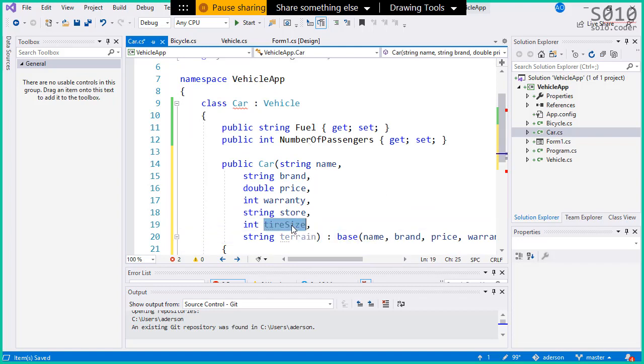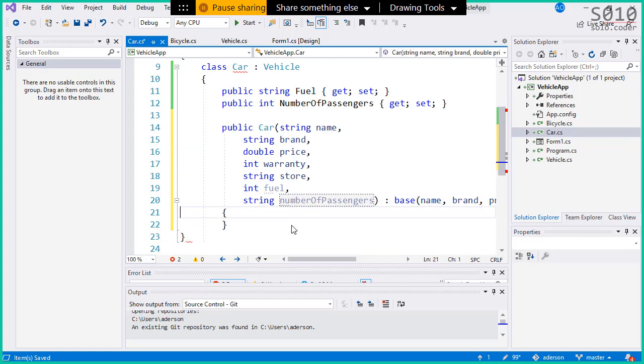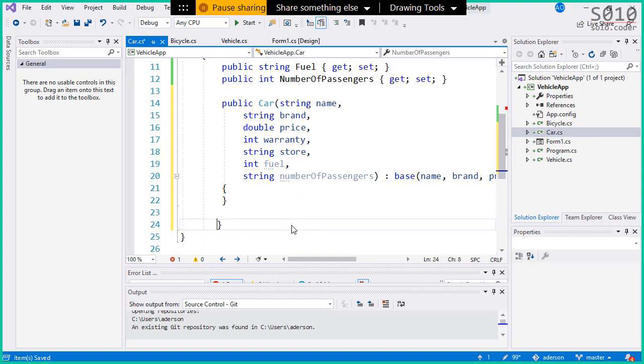We're gonna send fuel as well instead of that one, and then number of passengers. Okay, and then we're gonna send the 5 that are in the parent to the base, and we're gonna keep 2 of them to set right here. So we're gonna say fuel, capital F, goes to fuel,